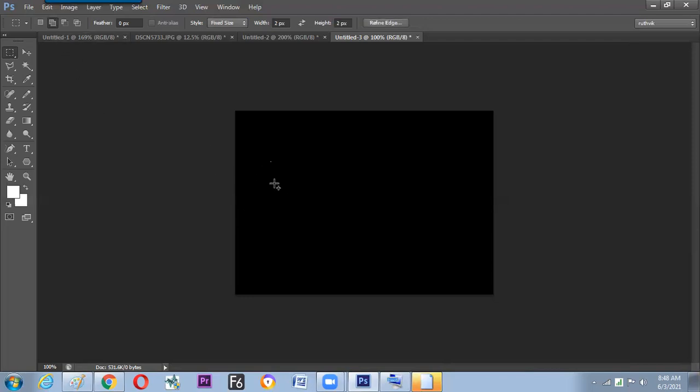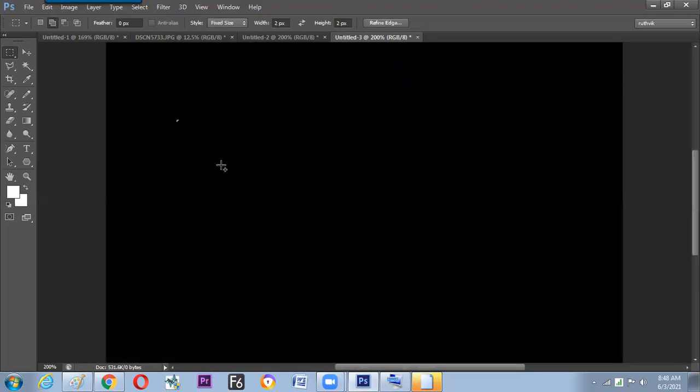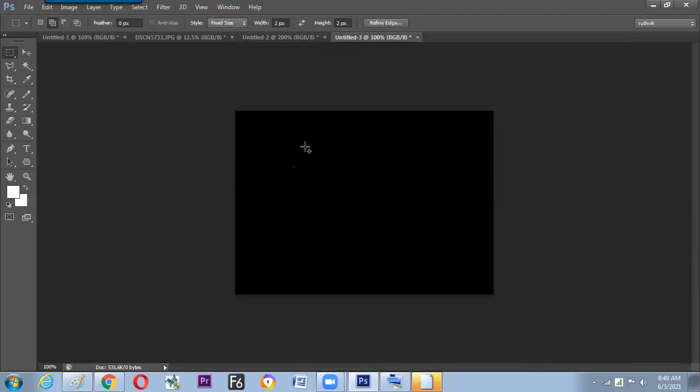Now you can see a very small selection on the screen. Let us go on adding, because we are in the add mode. A lot of dots are there with the marching ants symbols, but it is not yet the fill color. We'll fill the color now. Some of these can be a little bigger, 5 by 5, 1, 2, 3, 4, 5. Some of them may be 8 by 8.